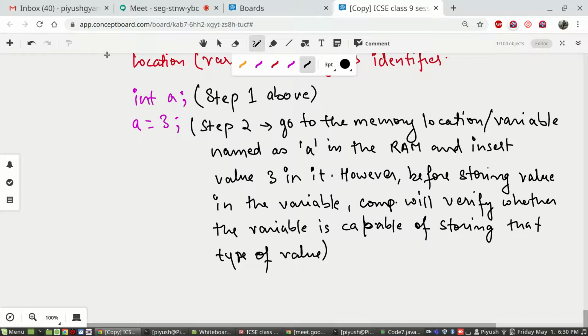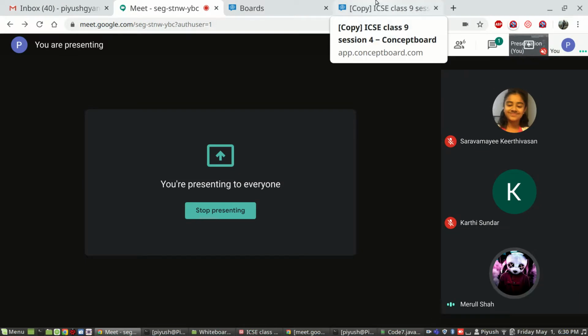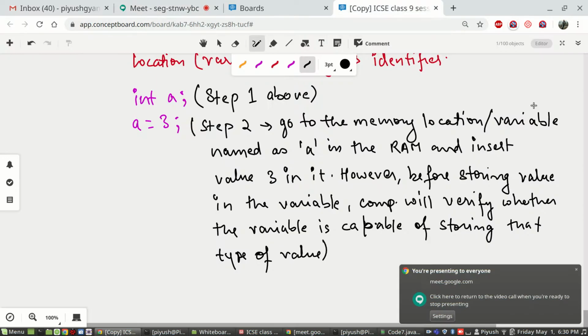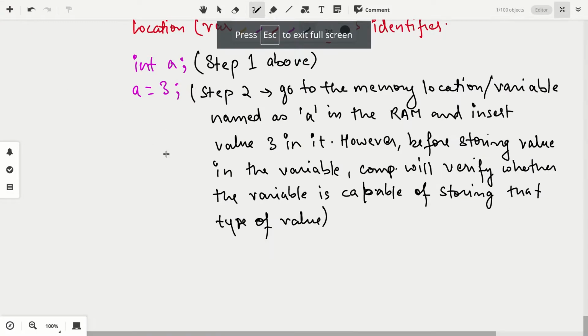Now, Mehul, suppose you have done. Let me know what is the correct terminology for the first statement. This reserving thing, int A. What is it called in terms of computers?